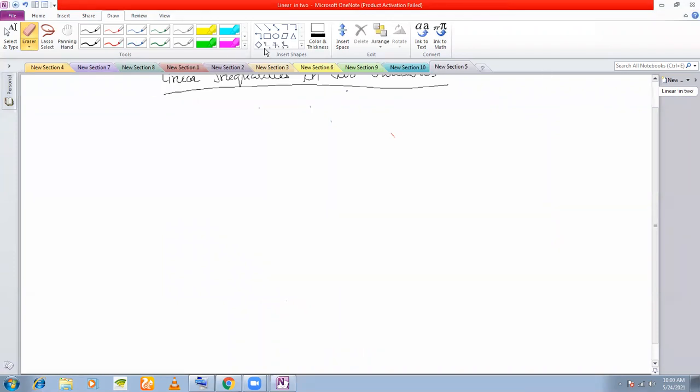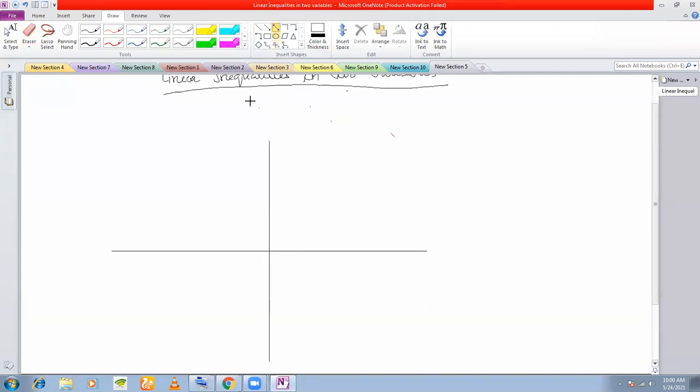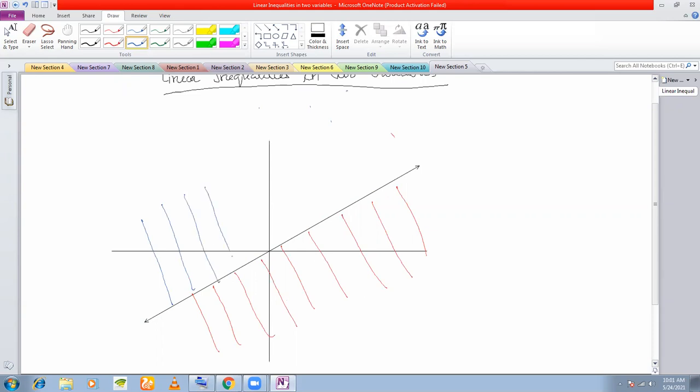Even if it is not the origin and the non-origin side, you still have two sides. You have this side and you have this side. So whether or not it passes through the origin, the straight line will divide the entire xy plane into two parts. If it passes through the origin, we simply say two sides. If it does not pass through the origin, we say the origin side and the non-origin side. Okay. So keeping this in mind,